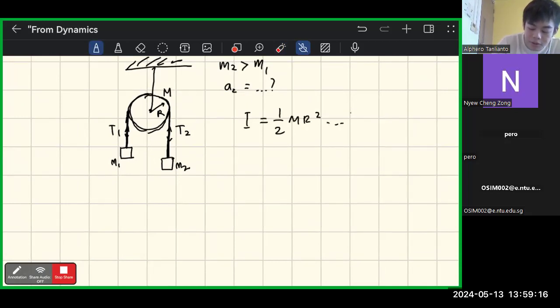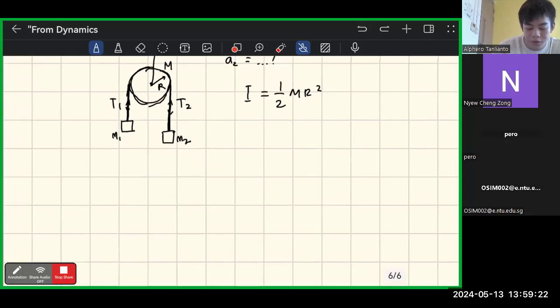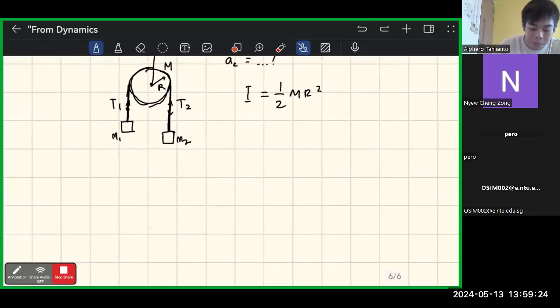This is our first equation. Okay, no, this is not an equation. This is just information. We don't need to write that as an equation. So we just continue with the free body diagram. This is M1G, this is M2G. Their weight is mass times gravity, and